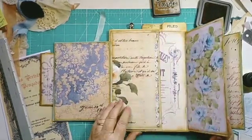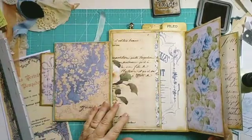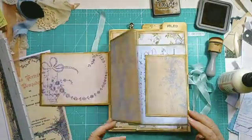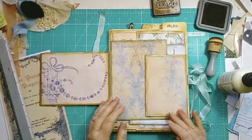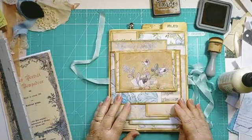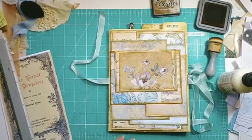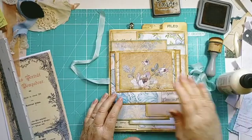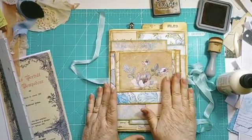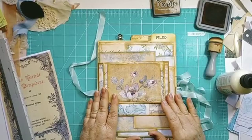Of course, once we get all the beautiful images on, that'll change again. Oh, that's the same, but that'll look different. And then that, I really, really like that. That's so nice. And maybe that won't need anything on it much at all, actually. Maybe just a label with some description. Okay, so